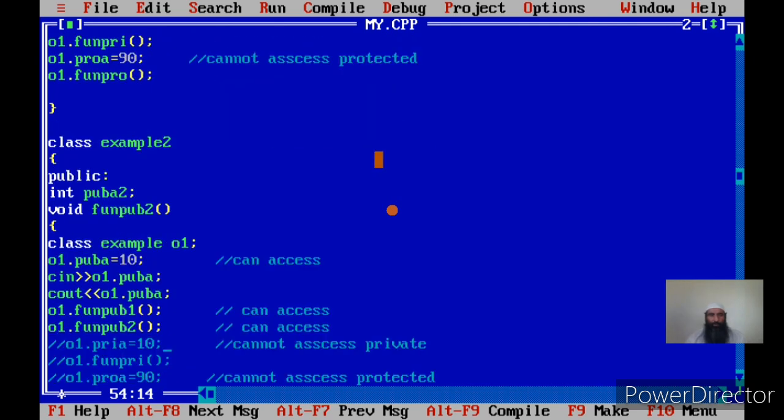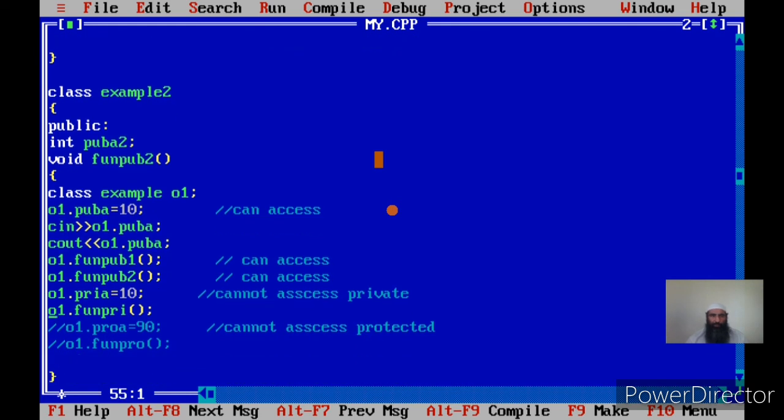Now let us make the function pub2 of class example2 a friend of the class example, so that it can access the private and protected parts of the object instantiated from the example class.